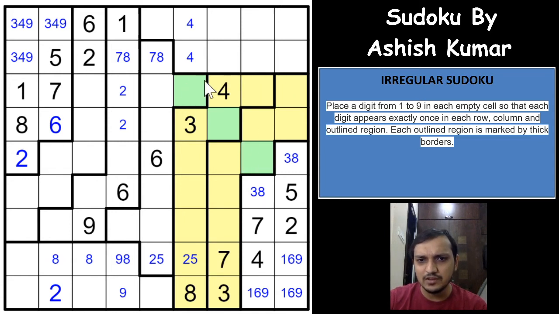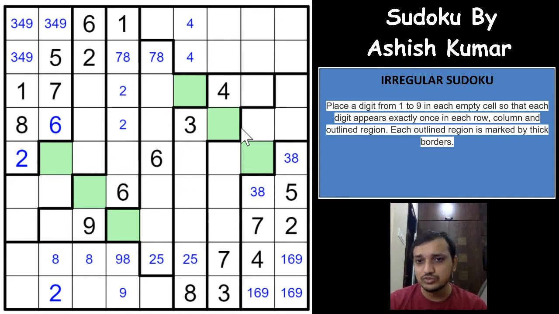So if you have any digit here, that digit in this region will have to be here, and the same digit in this region cannot be here because you already have it here, and the only place in this region will have to be here. Which means these three digits are the same. The other way is the same way, so it's a symmetrical region. If you have anything here, it will have to be here and here. That is the excellent logic you can see in an irregular Sudoku.